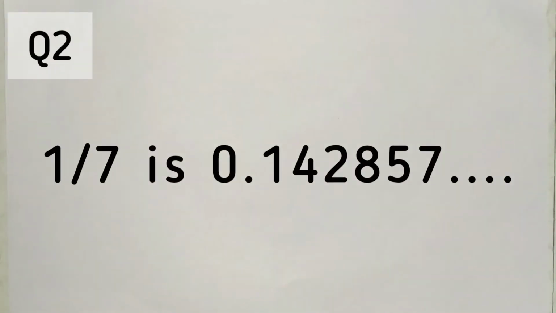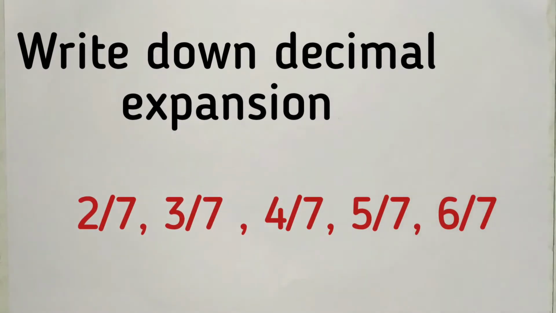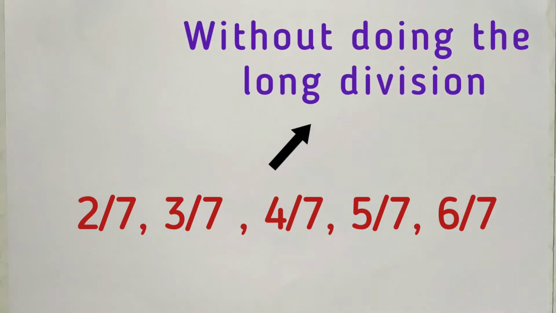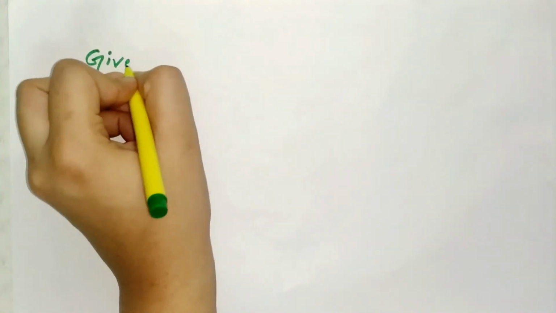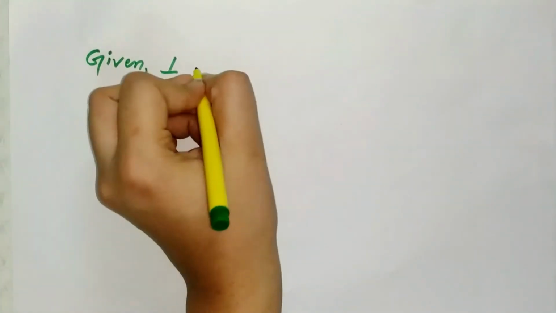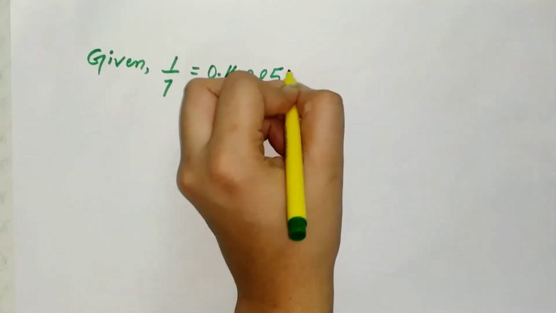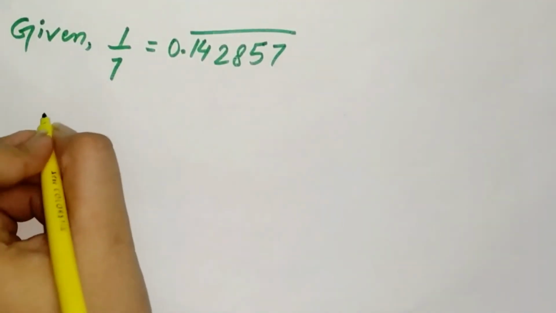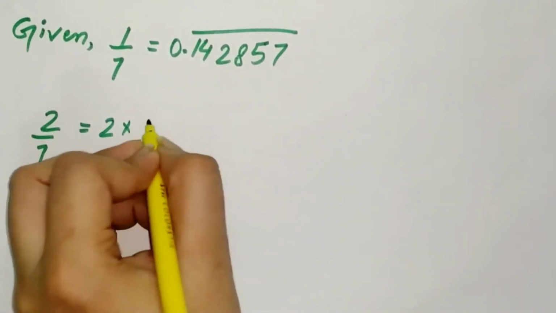Question number 2 says 1 by 7 is equal to 0.142857 bar. Write down the decimal expansion of 2 by 7, 3 by 7, 4 by 7, 5 by 7 and 6 by 7 without doing the long division. Given 1 by 7 equal to 0.142857 bar. So 2 by 7 is equal to 2 multiply 1 by 7